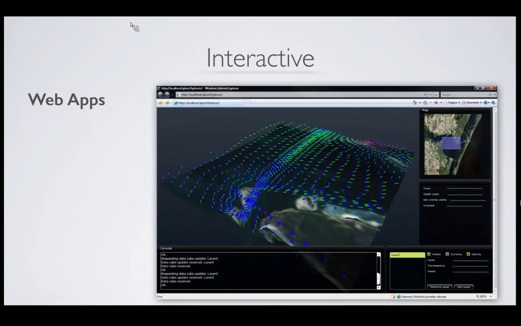So we're also getting more and more into web apps, where people can use their web browser to do some of the visualization work for them, and basically tap into data that might be on a server somewhere. The great thing about web apps is that they're platform agnostic. As long as you're using a browser that conforms to the various web standards, you could be on a PC or a Mac or on Linux. It's all going to work. So it's very shareable as well. It's a matter of just simply sending a link to someone, in most cases. And that also makes it fairly mobile as well.